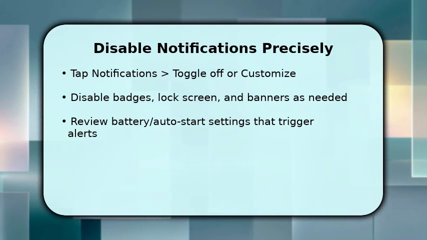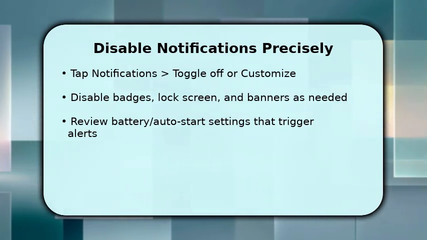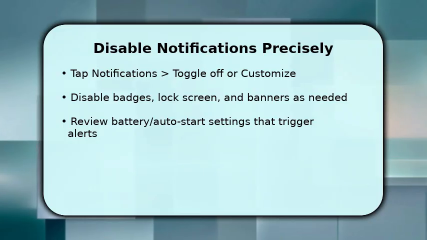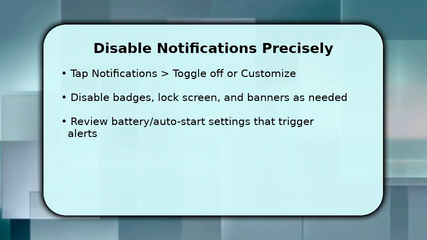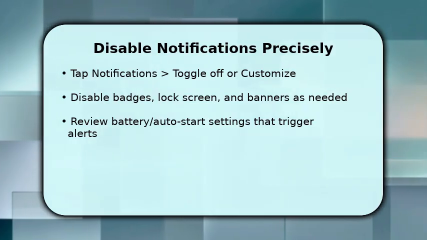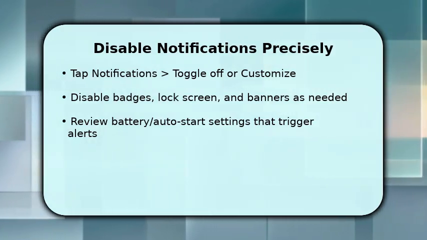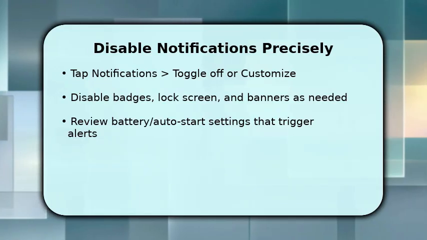You'll now disable notifications precisely. Open Notifications inside the App Vault app page, then toggle off all notifications or use Customize to target banners, lock screen, and badge icons. Make sure to check advanced options like categories or channels and turn off any specific channel